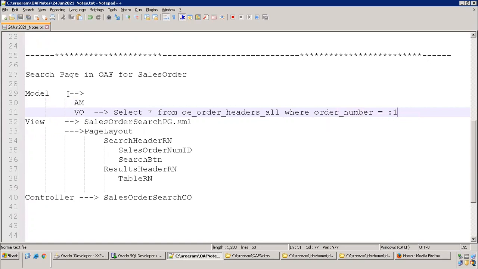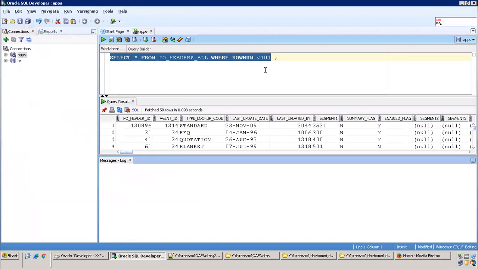So there are many ways we can design a search page. When you design a search page, you have to decide whether you want to make a parameter mandatory, whether you want to make a parameter a wildcard search, or whether you want to allow a blind search. There are a number of factors we can consider. In our case, let us implement our functionality so that the search parameter is not mandatory. So first of all, let us try to design the query.